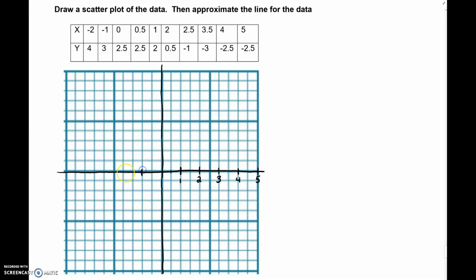And you don't have to label every single tick mark. That's -5. You could even do just -2 and -4. And then the y values also have 0.5s, so I'm going to do that same thing. So there's 2, 4,